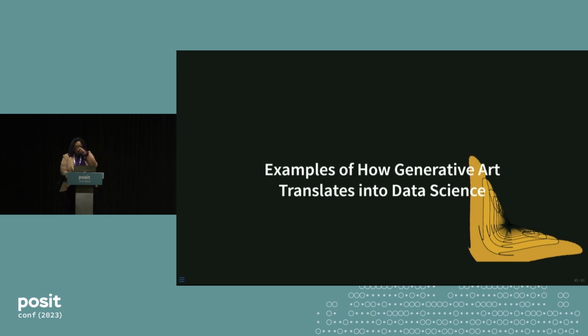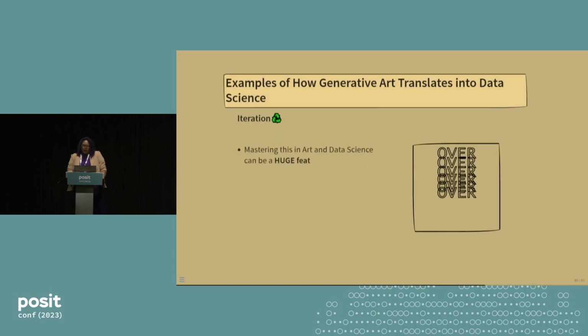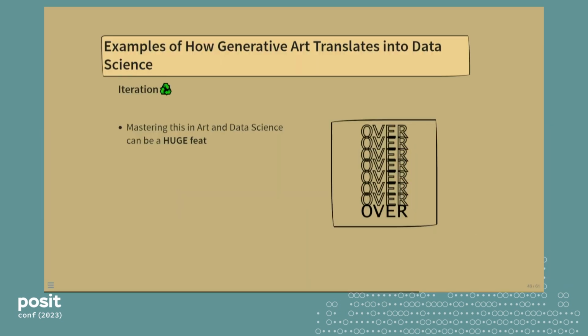Okay. So now that we're all on the same page about what data science is, let's get into some examples. I have tons of examples, but I'll only focus on 3 main concepts. How this will work is I'll present the concept first, and then I'll give an example of its use in an art scenario I had on maternity leave and a data science scenario I had when I returned to work. So the first concept I want to bring to you all is iteration.